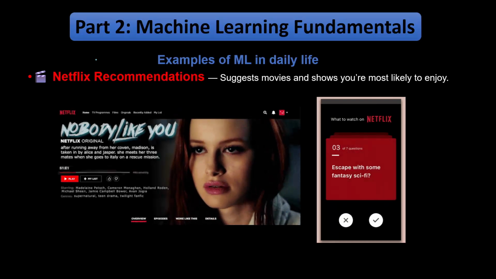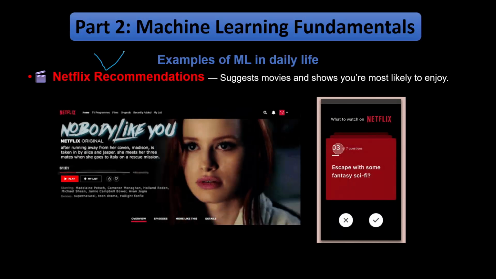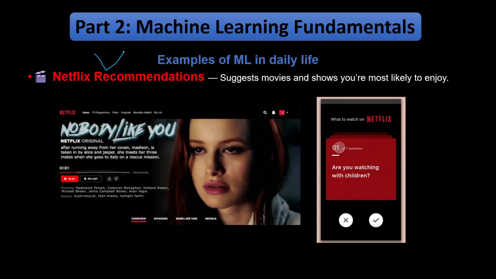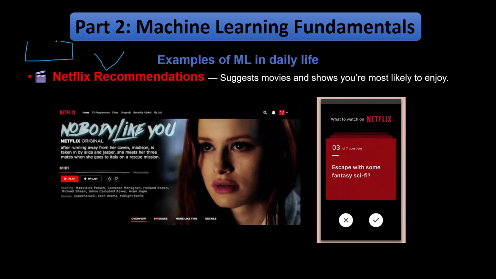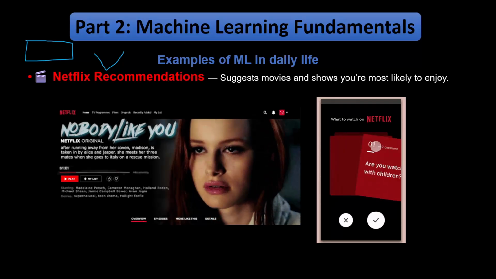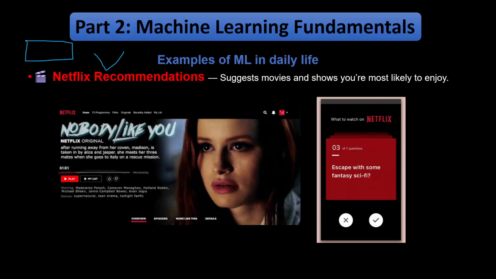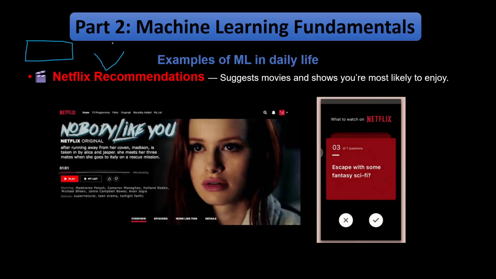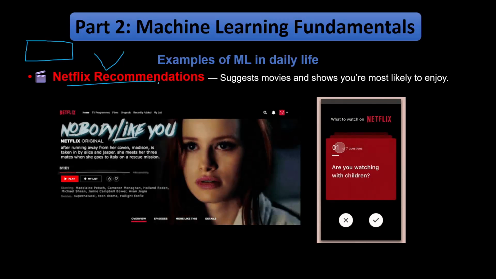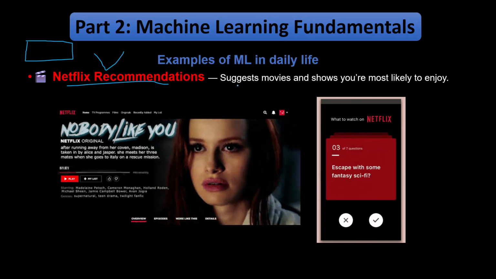So the first application is very common and very useful, that is a recommendation system. Now recommendation system is a type of machine learning that is used to suggest you best items based on your choice and interactions. Also, social media platforms or even e-commerce platforms use machine learning recommendation systems so that they can engage their customers. For example, Netflix recommendation system suggests you best movies and shows that you are most likely to